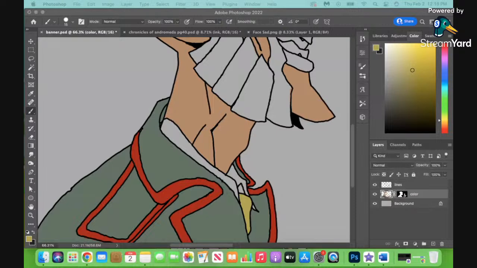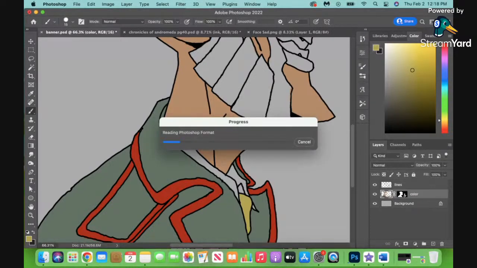Let's see. Yeah, so I can open this one up, and this will give you a little idea of how